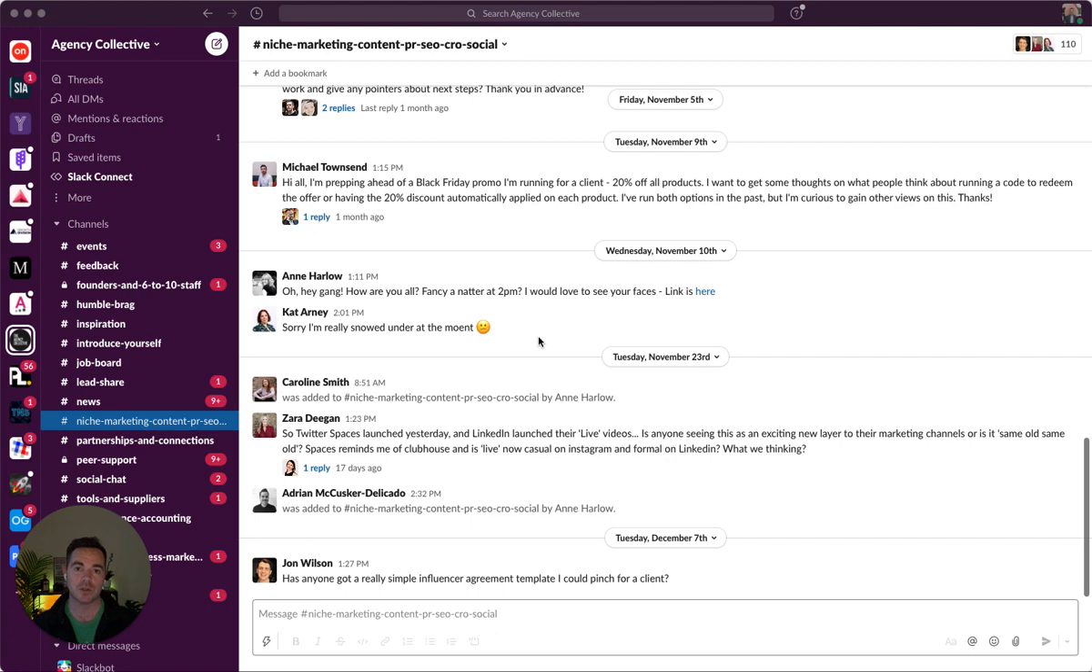Now what I'm going to show you is a couple of Slack communities that I'm involved in. The first is the Agency Collective. It's a community full of agency owners, and oftentimes there's people asking for help with certain particular projects or recommendations on tools and software. For this particular example, I'm going to pretend that I have an SEO agency or maybe even an SEO software. So I'm going to set up some alerts for that